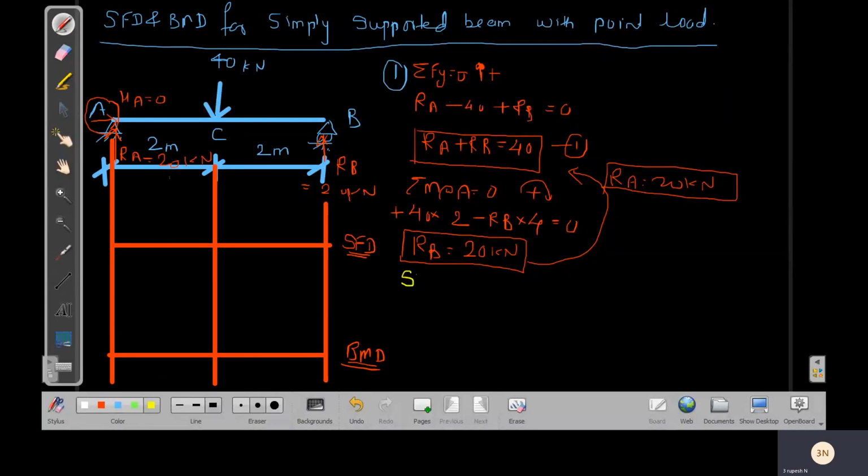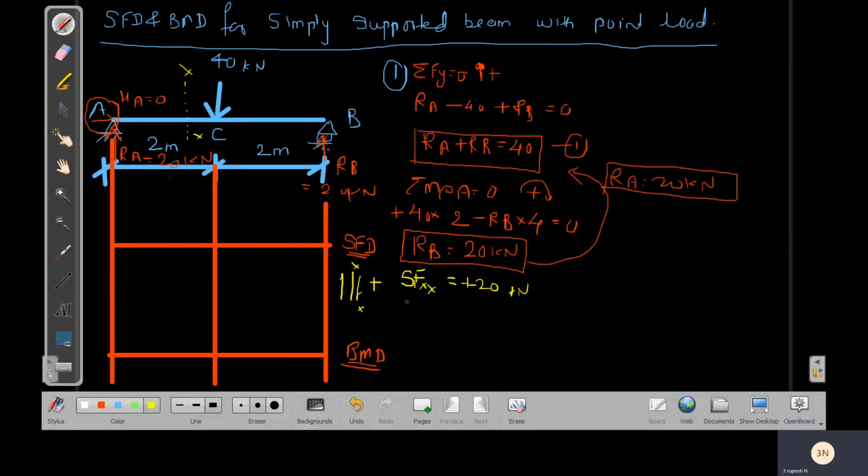Okay, so for shear force, you have to take some section. So consider this is a section, for example, XX. The shear force at section XX is equal to, as you know the sign convention, this is section XX: to the left of the section, upward force, and to the right of the section, downward force, is positive sign convention, exactly opposite for the negative. So to the left of this section this force is upward, so positive 20 kilonewton. Only one force is there, so this is 20 kilonewton.